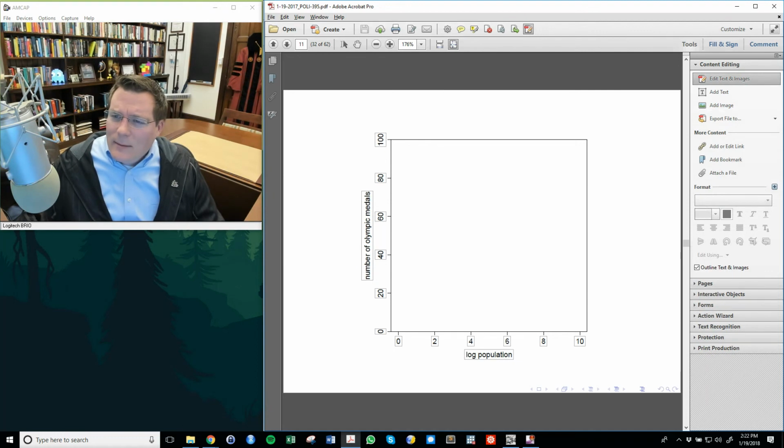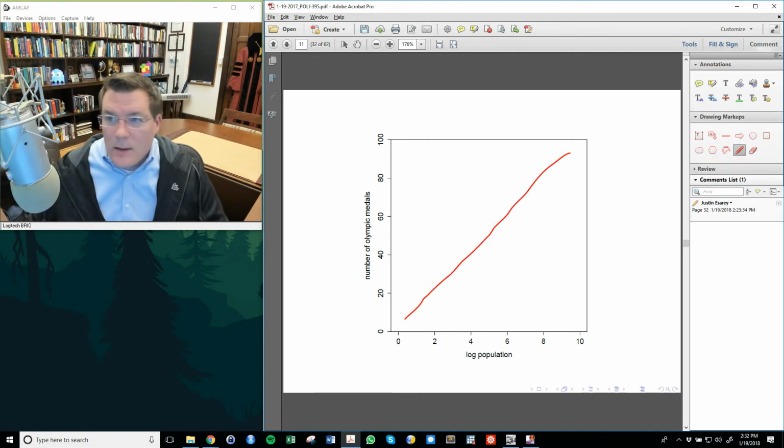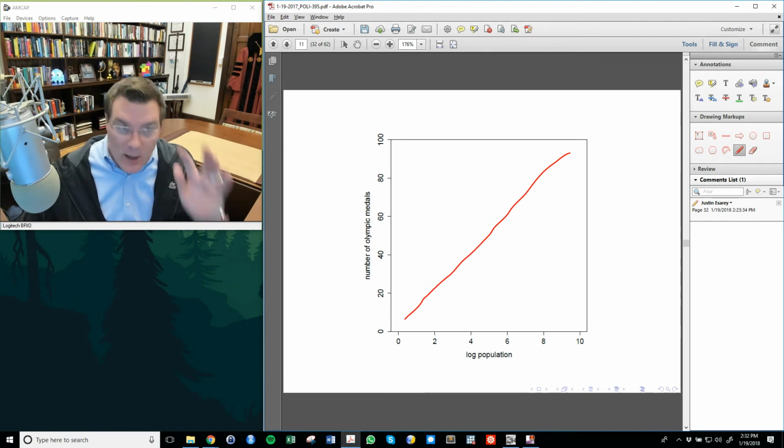Here we go. So we wouldn't expect to see every single dot right on that line, but we would expect to see dots clustered and scattered around that line, moving upward together.